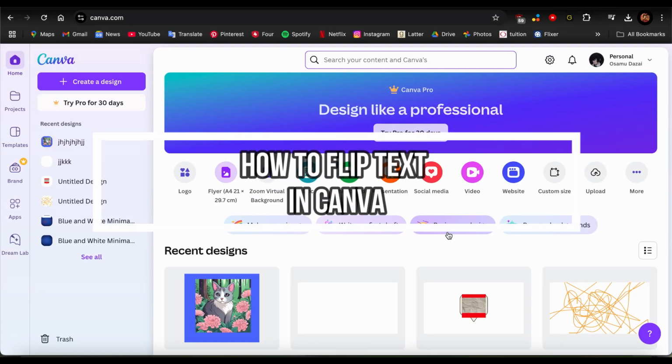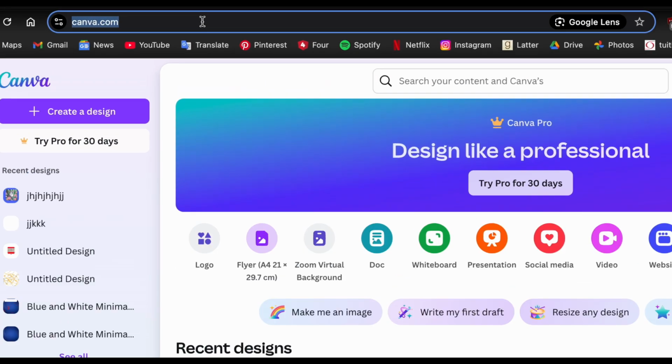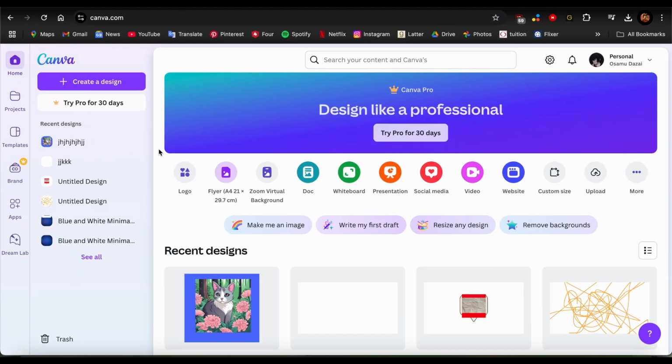Show you how to flip a text in Canva. So it's really easy, so let's get right into it. So all you need to do is just go to the canva.com website right over here, and once you're there,